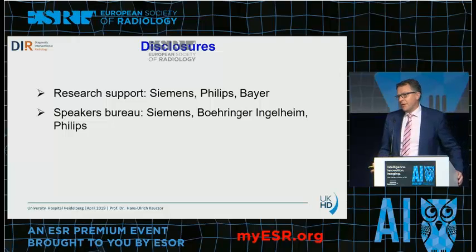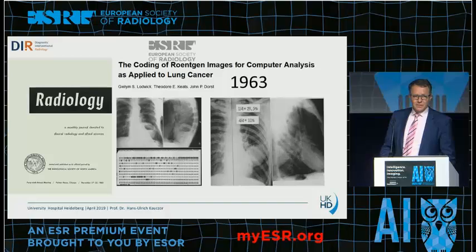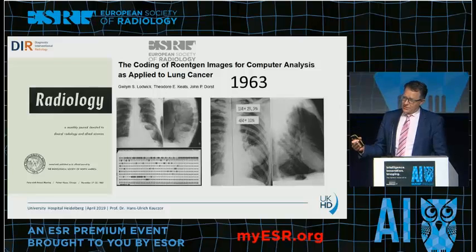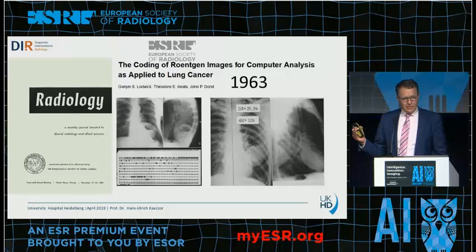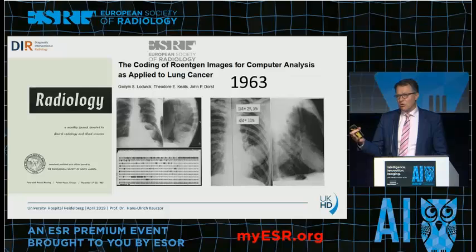And what we have already heard in session 1 this afternoon is that computer analysis of radiologic images and chest images is nothing new. Already in 1963, people tried to segment tumors, effusions on chest X-rays. And we have been pursuing this for a long time, and it was almost undetected by the majority of radiologists,